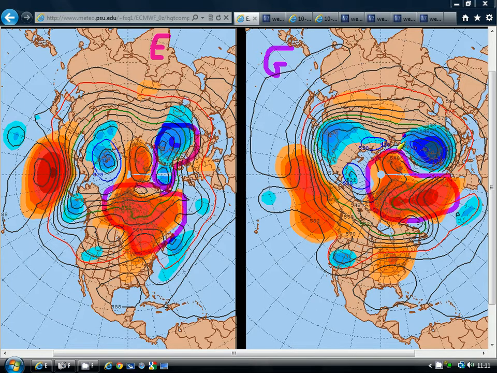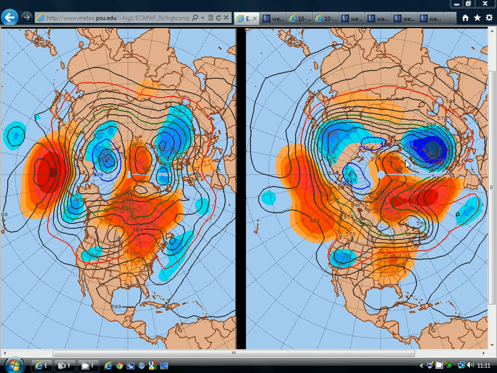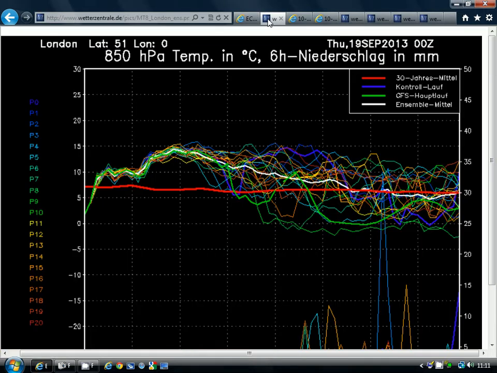But look at this trough of low pressure setting up over Scandinavia, a big area of below average heights there over Scandinavia. So that's turning it increasingly cool. High pressure still just about close enough to keep it settled, but certainly a lot cooler, and it wouldn't take much to place us under this trough of low pressure that's building over Scandinavia. But I think that trough could be a little bit overdone actually. But the idea from both models really is that we're taking the high pressure more out to the west as we get through to the latter stages of September, and probably turning it cooler and perhaps somewhat more unsettled as well.